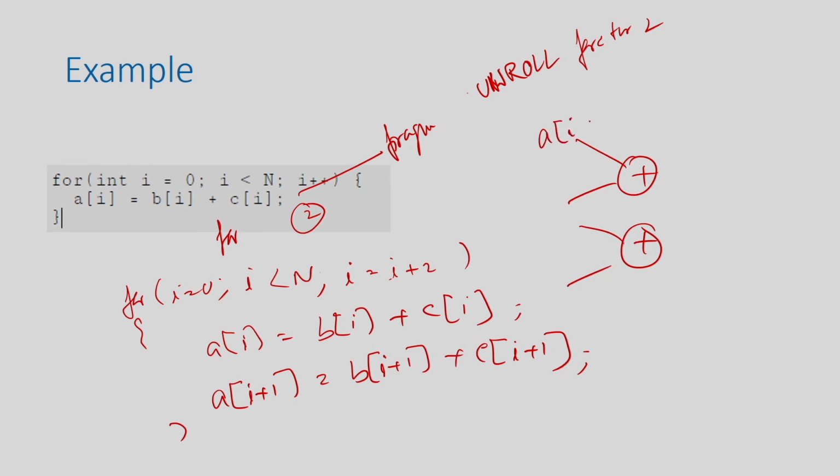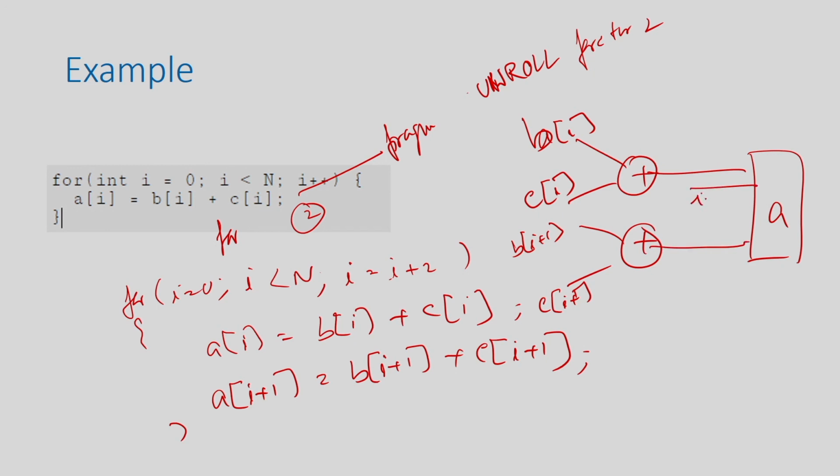So, this is B I, this is C I, this is B I plus 1, this is C I plus 1, and this result is actually going to the A array. So, there are two data basically. This you write into I, this you write into I plus 1. So, this is how I should execute this, and you can understand that my rolled implementation will take 1 adder, complete unroll will take, say if n equal to 4, 4 adders, and my partial unroll is taking 2. It is basically completely the middle one. Okay.